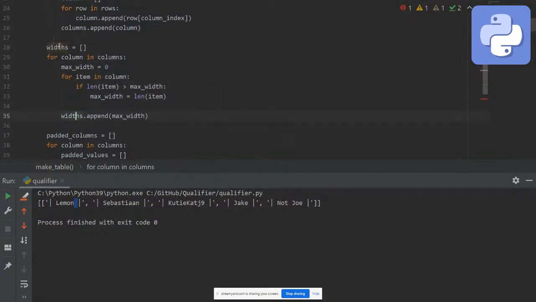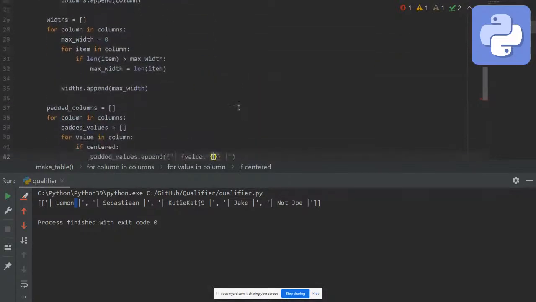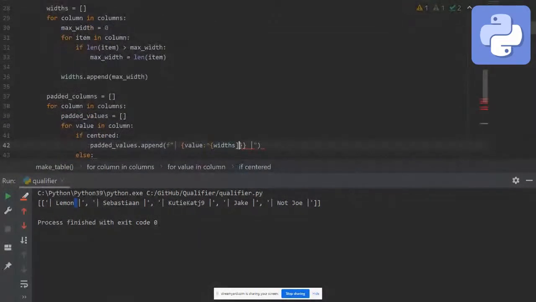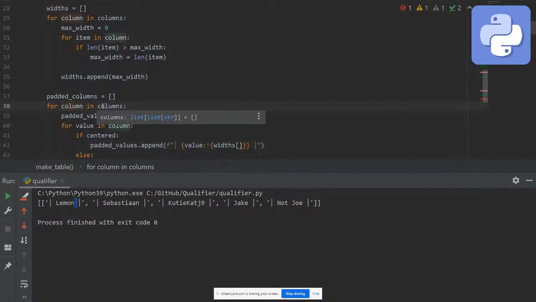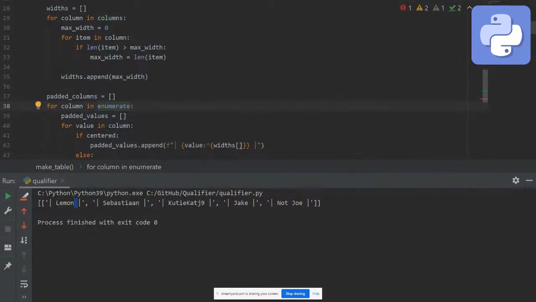Now we found the width here. We just want to use them here. I'm not sure why I missed that. All right. The width of each column is going to be based on the index of the column because we stored it in a list. This is where something like enumerate is going to come in handy. Enumerate, if you've never heard of it,